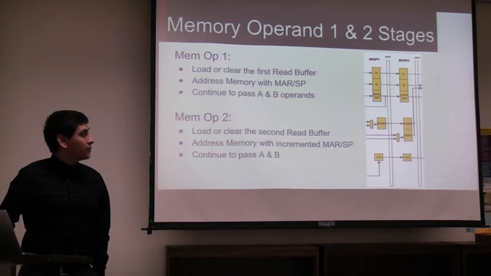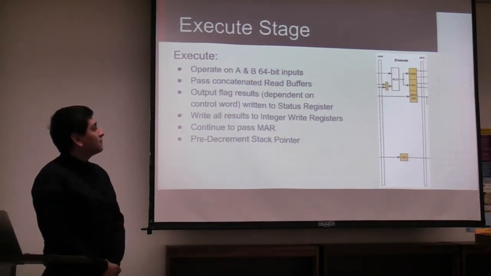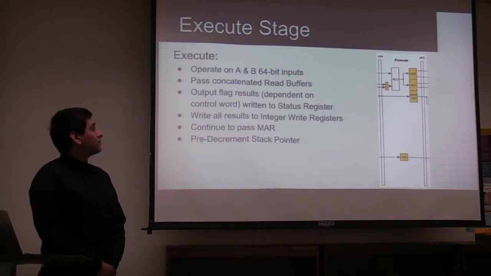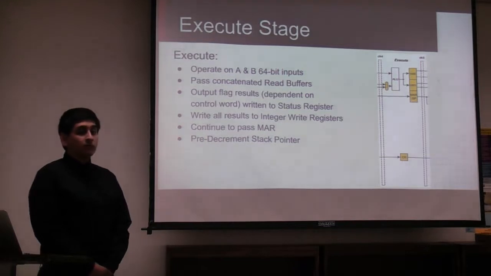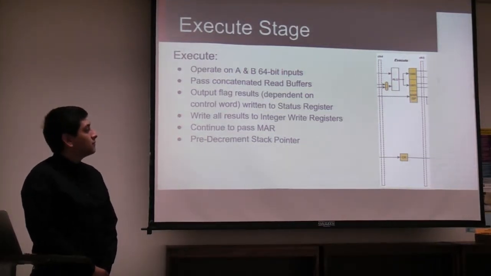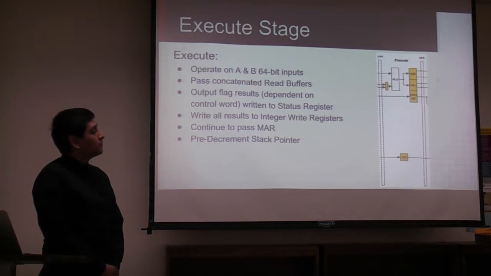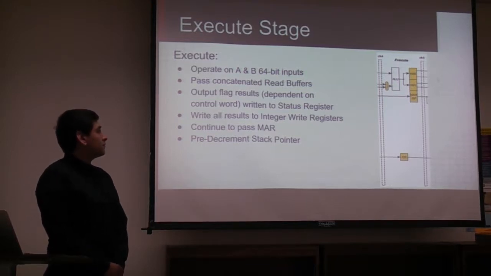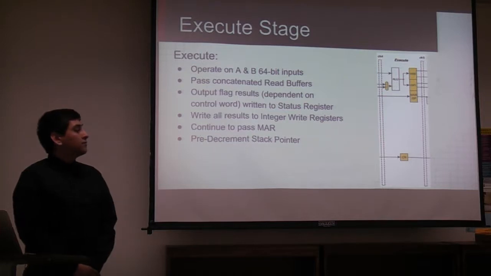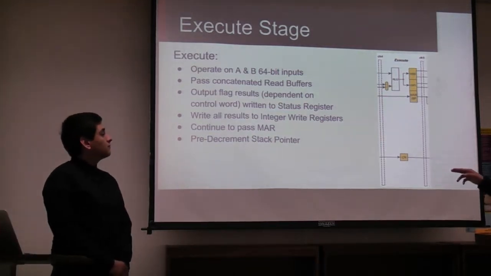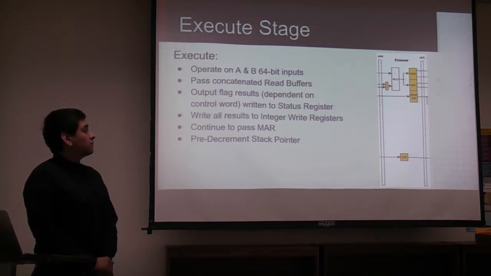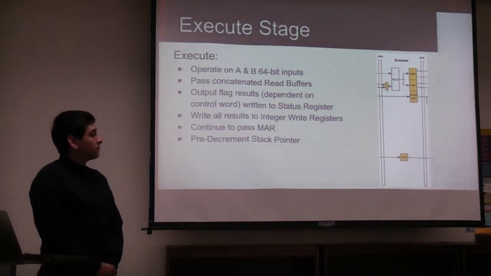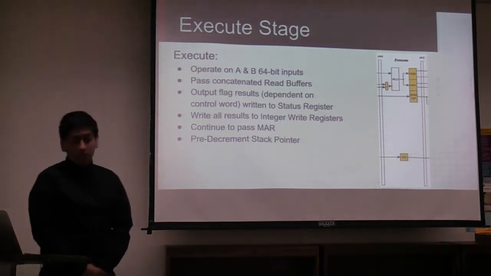Right. In the execute stage, all operands pass through the ALU. So if this is a triple operand instruction, then the ALU operates on the A and B registers. If this is a memory instruction, then the loaded data is passed through the ALU. As also occurs whenever you operate on anything in the ALU, flags are output. So depending upon the control register for the execute stage, those flags are either decided to be saved or not saved. The last things that happen are a predicament if we're trying to do a push command or passing the MAR for the